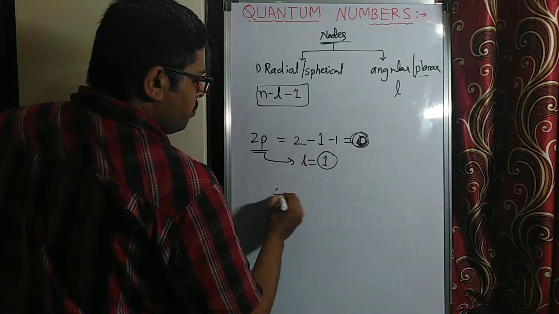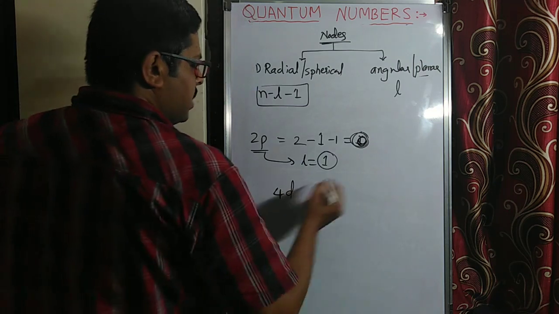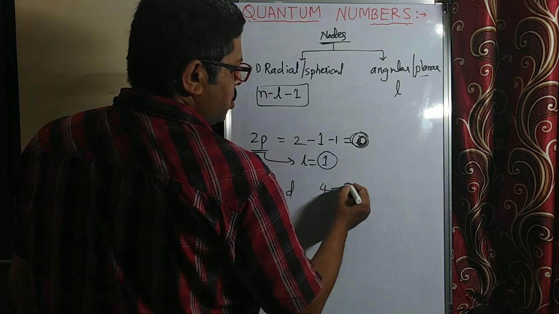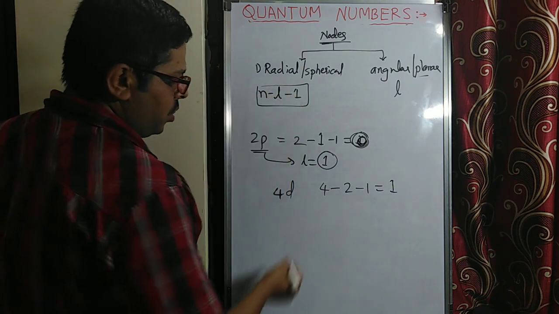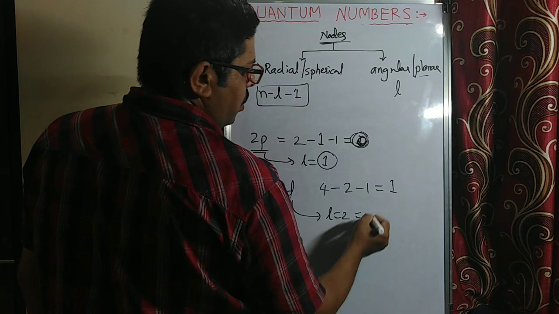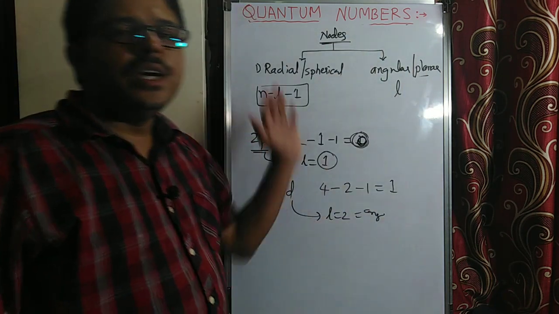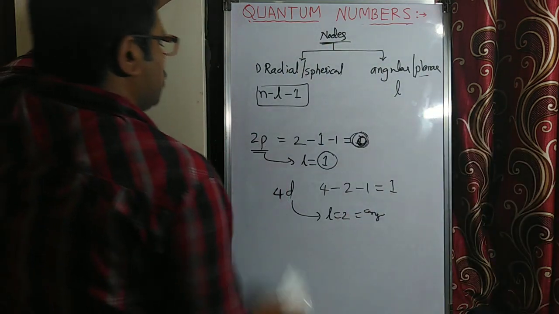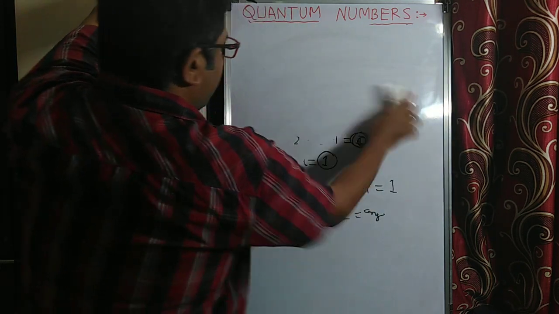Right? So like that. So 4D orbital they can ask. When they ask 4D orbital, remember, in this particular case, n minus L minus 1: 4 minus 2 for D, minus 1 is equal to 1 spherical node, and L is equal to 2 for D orbital. Hence, angular node is L is equal to 2. Like this, remember, you can calculate nodes in any orbital. This is about nodes. I hope you understood. So next we'll move quickly, very important, to rules for filling atomic orbitals.